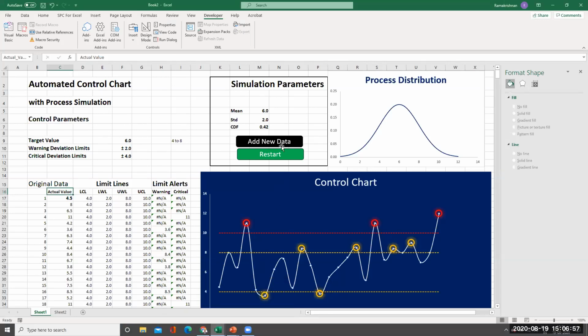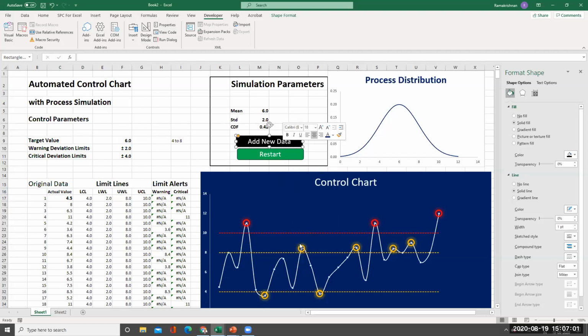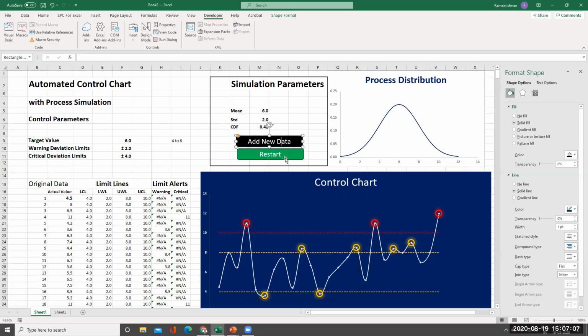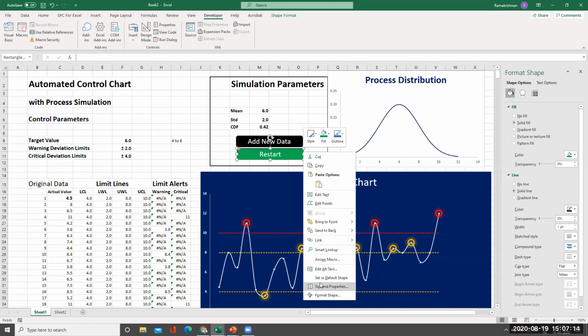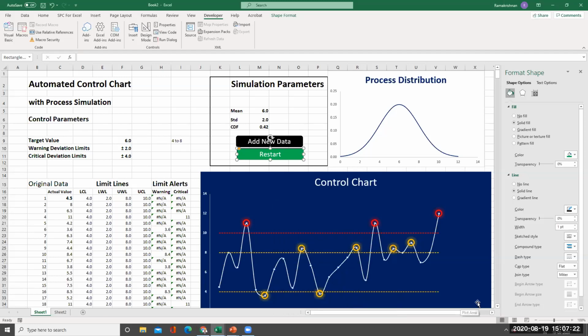Here I'll assign a macro, simulate. Okay, Sheet1 simulate. Then for this, I'll assign a macro again. I'll have to go and click properly. Assign a macro, and then assign restart. Okay, I have put it here.